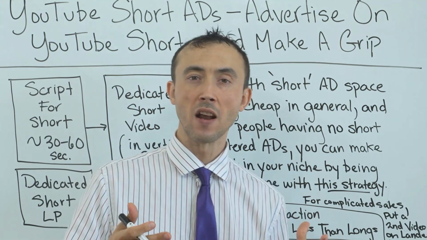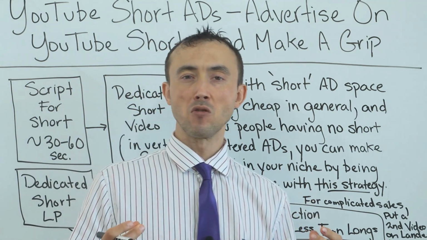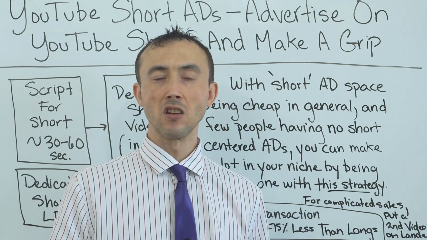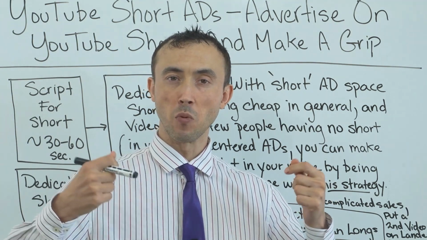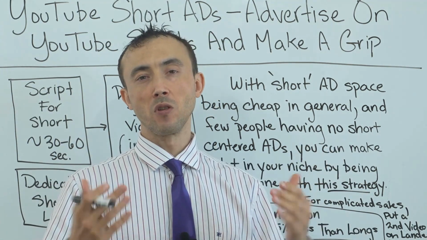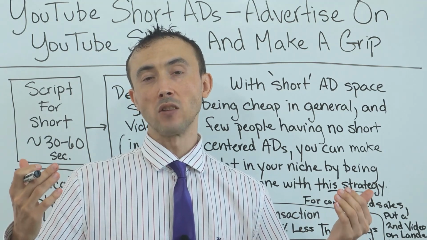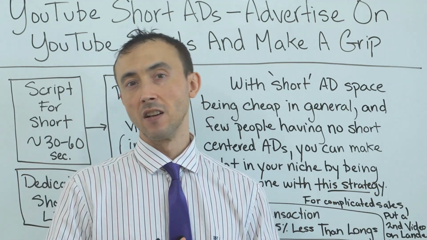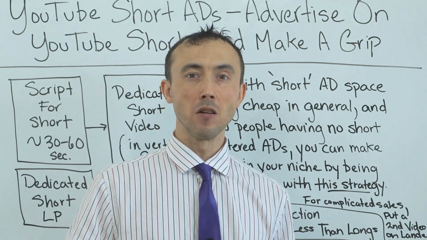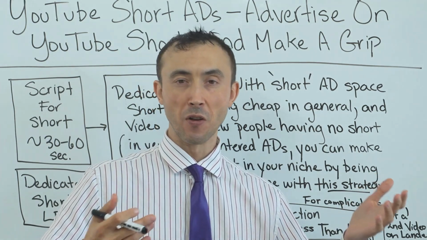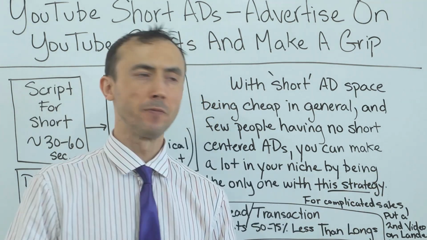And the key with the short ads is you got to be able to demonstrate in 3, 4, 5 seconds what it is that you're getting to the point on or need to get to the point to. Otherwise, people click off of it, and therefore, that's why people aren't willing to pay half of a cent per viewing of the ad, a third of a cent per viewing of the ad.